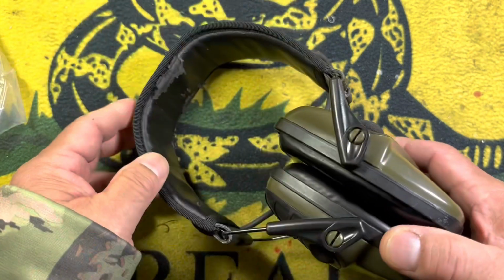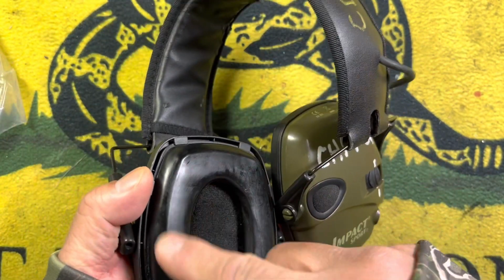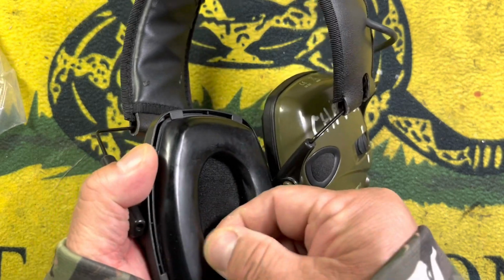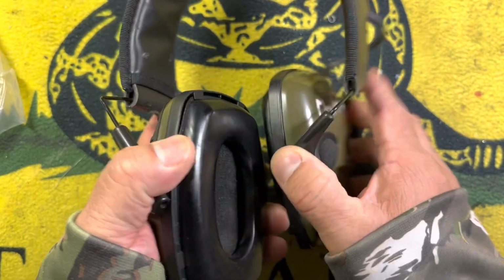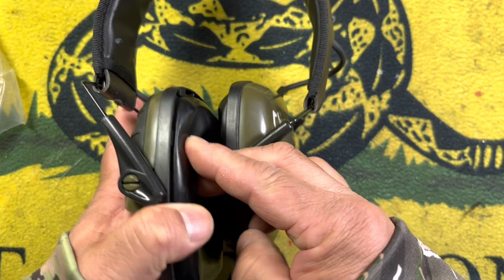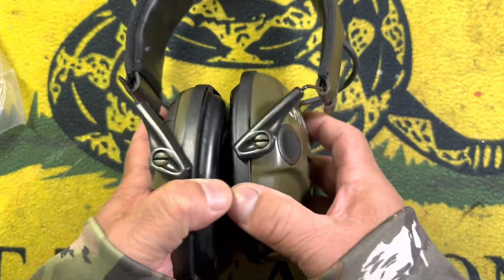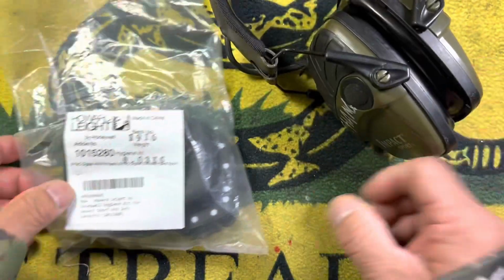But as you can see, got some wear here. And these pads are the original pads. You can see they're starting to get sticky, they're starting to get worn out, and they're really hard as well. And what happens is if you put these on with a pair of safety glasses, because these don't flex anymore, they push in and you get a bit of sound leaking right here. So a lot of people will end up throwing these away, but Howard Leight actually does make